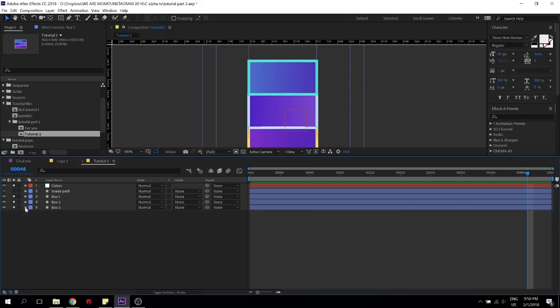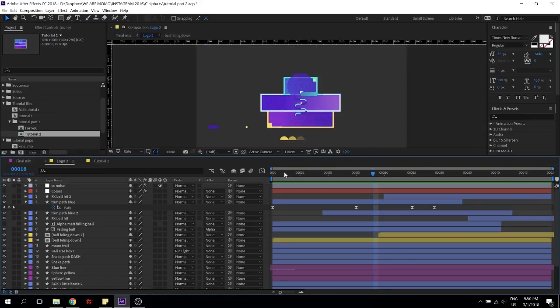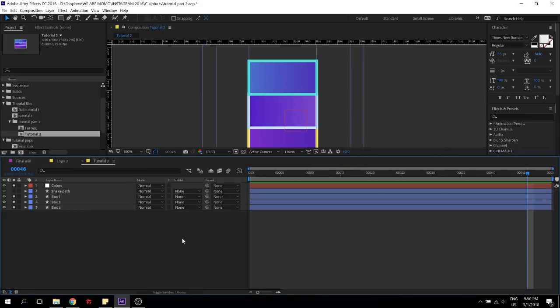And now that we did that, we are gonna move to the dots here. So how did I create those dots? How can you get a grid of dots without any plugin?